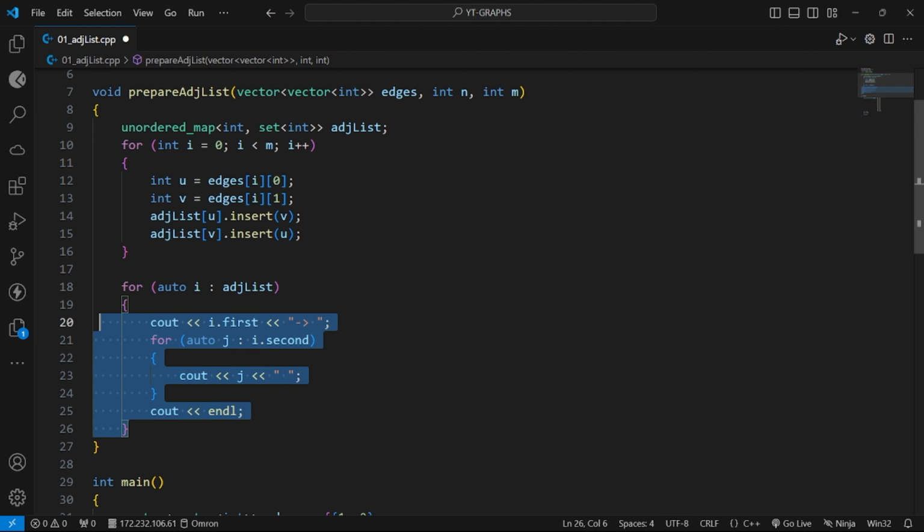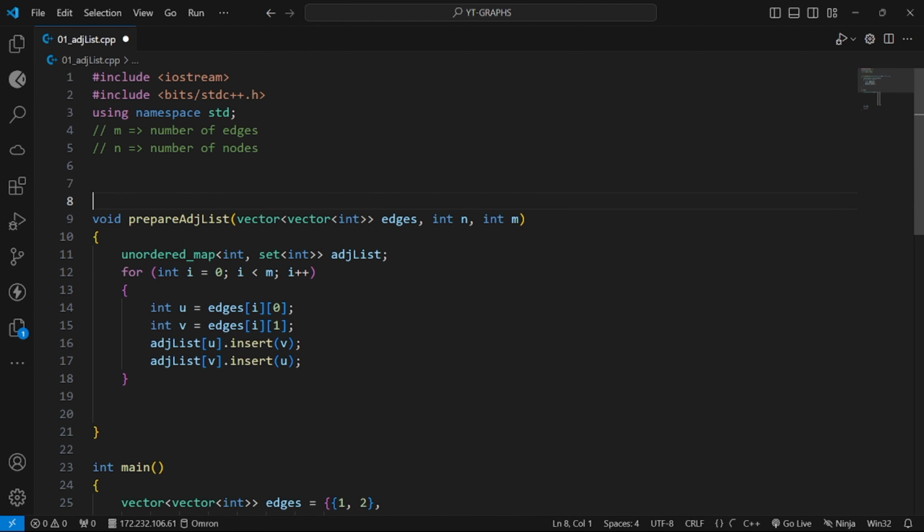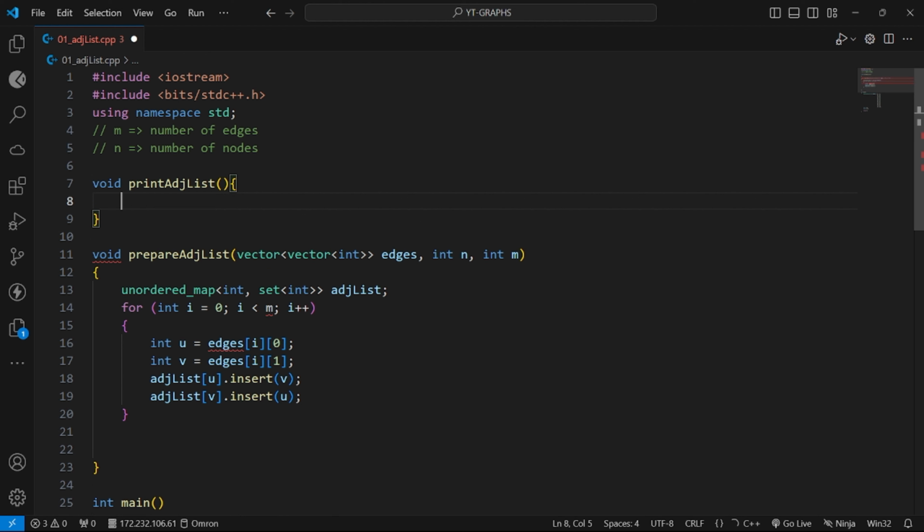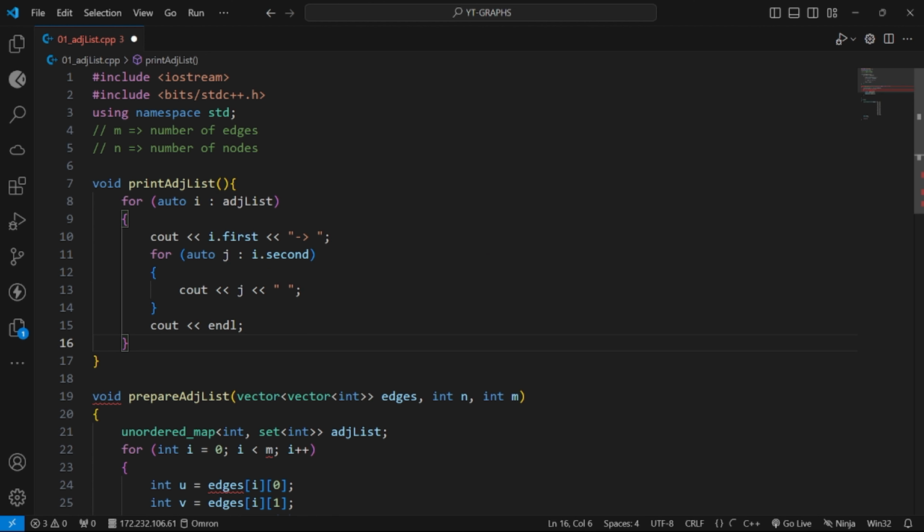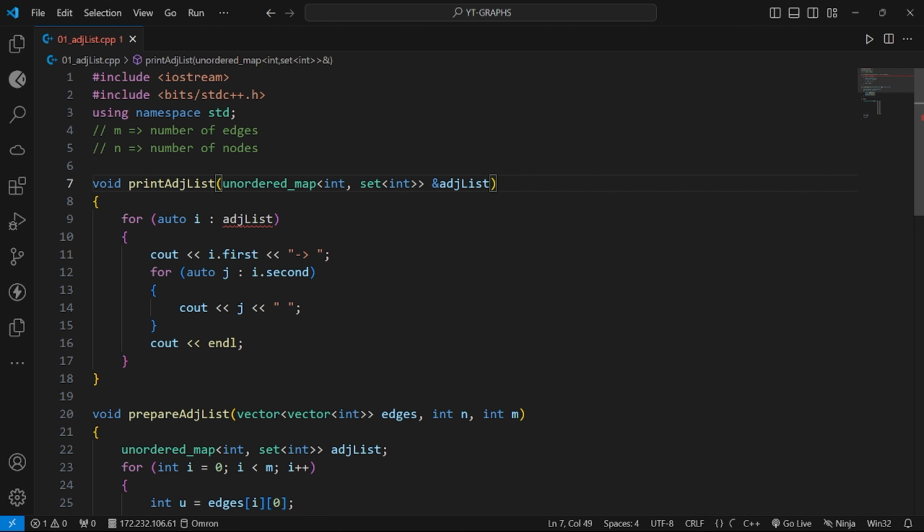You can even put this code in a separate function so that it is easier to understand. We provide the adjacency list as an input to this function.